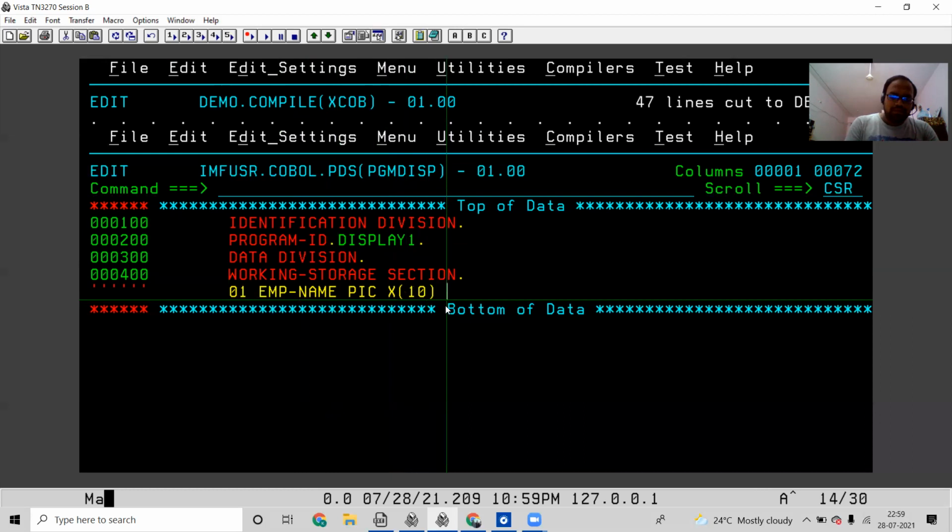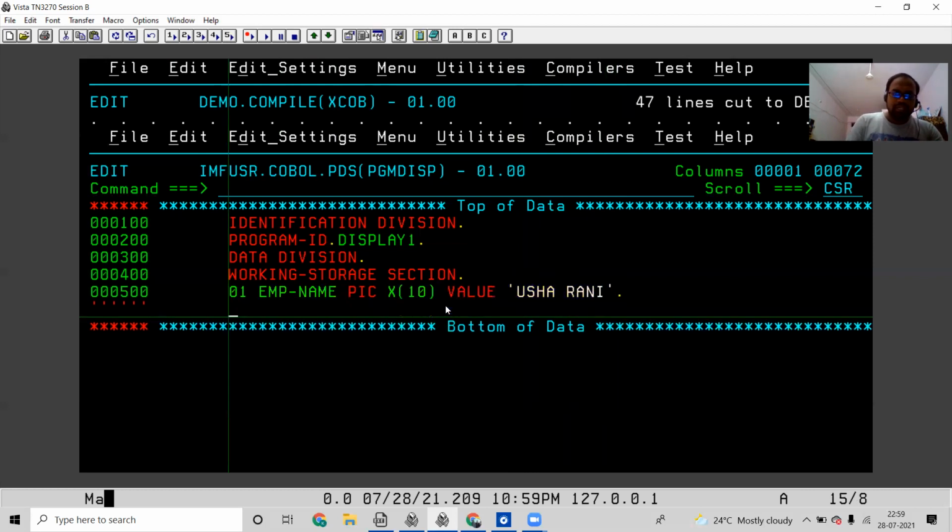And I'm giving value also. So value I'm giving within the inverted commas, say Usharani. Okay, so that is the value which I have given. And I'll be entering one more name.